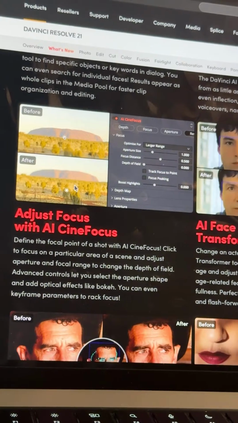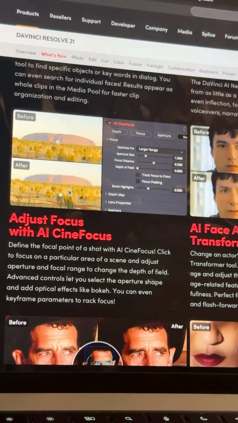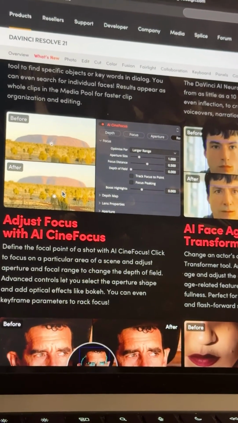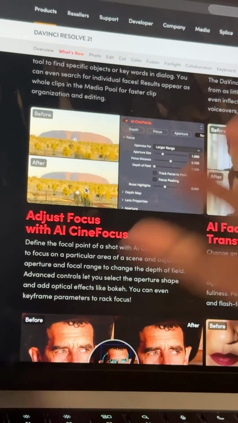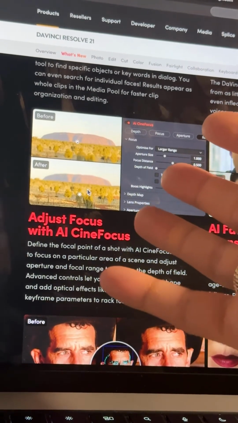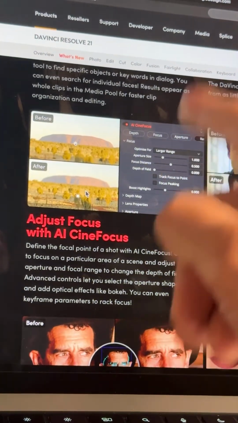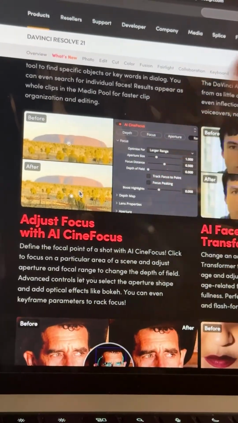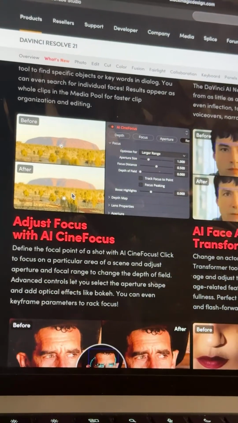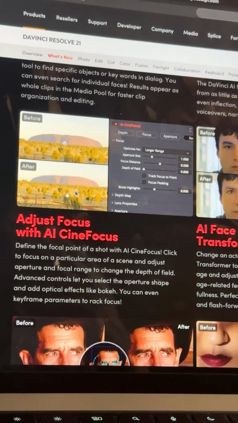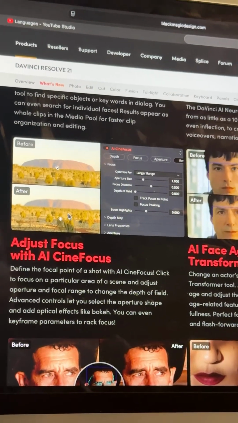I've heard a lot that sometimes people have worked on a project, and when they start editing, their footage was not in focus, which means they have kind of destroyed the whole thing. But this is going to be amazing. This way, it's time saving, and it is gonna make your project look even more attractive.